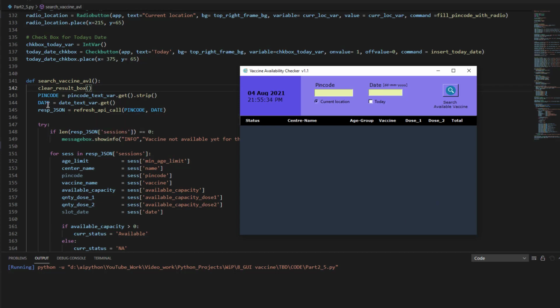Okay. The second thing is pin code. So I'm creating one variable called pin code, all in caps. You can use anything you want. What it is doing is, when I click on this button, it will get me the current pin code, right? So this is the pin code, and this pin code underscore text underscore variable var is basically associated with this text box, which I've discussed in other videos. You can go and check out the videos in the playlist to understand.